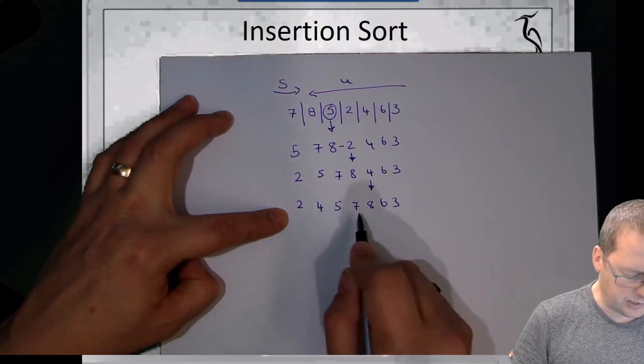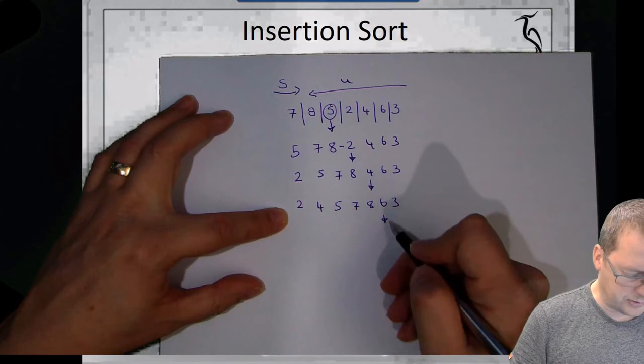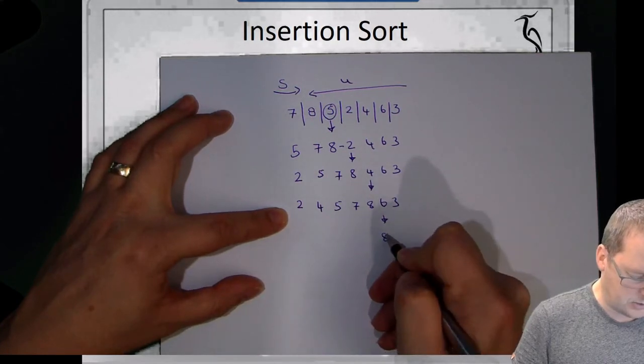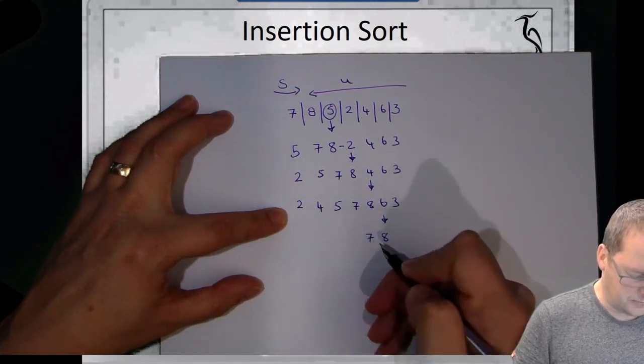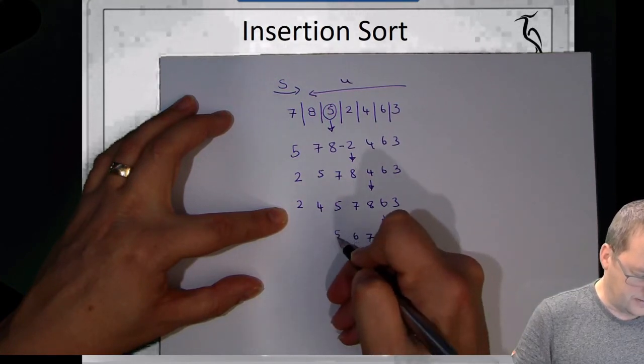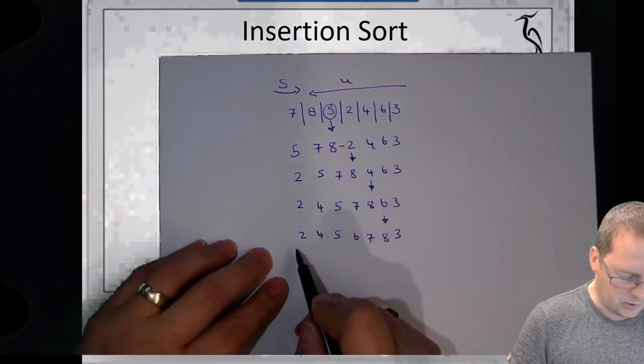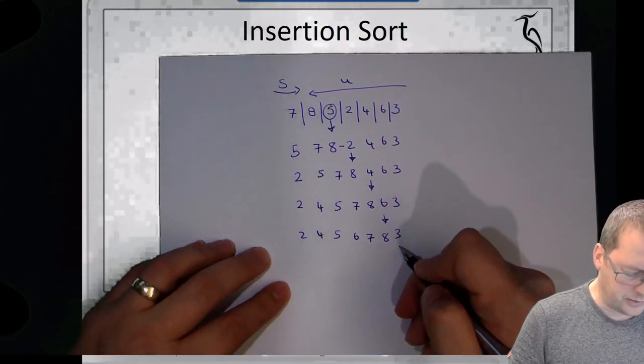2, 4, 5, 7, 8, 6 is the next item to sort, so I can drop that out. I can move my 8 along, my 7 along, and drop the 6 back in. 5, 4, 2, and as I go along, I've now only got my 3 to sort, so I can drop